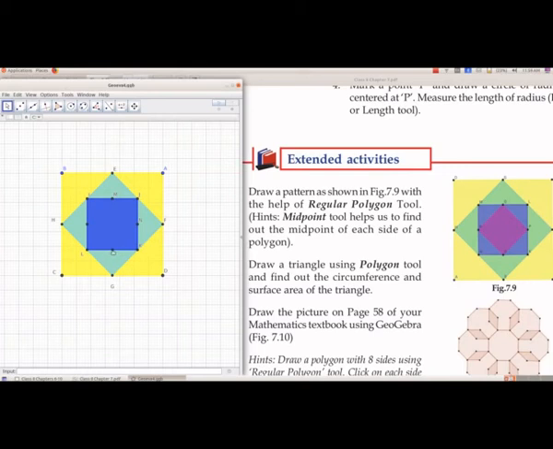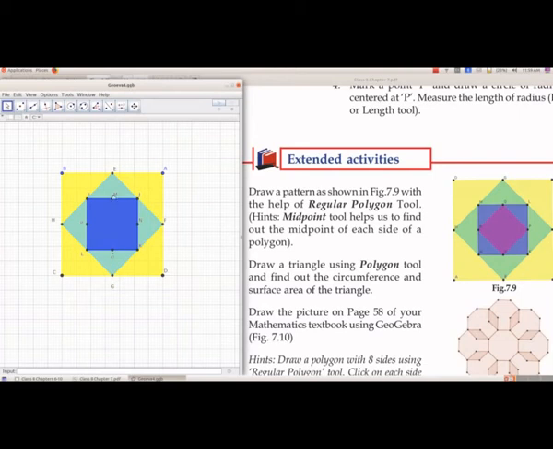Right click, show label. Again the next point, right click, show label. And we will move this. So from group 1, move. Then click on this label and move. This O also.